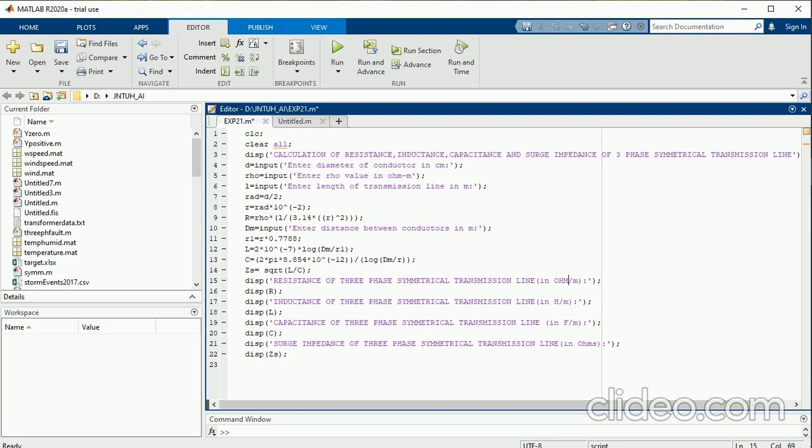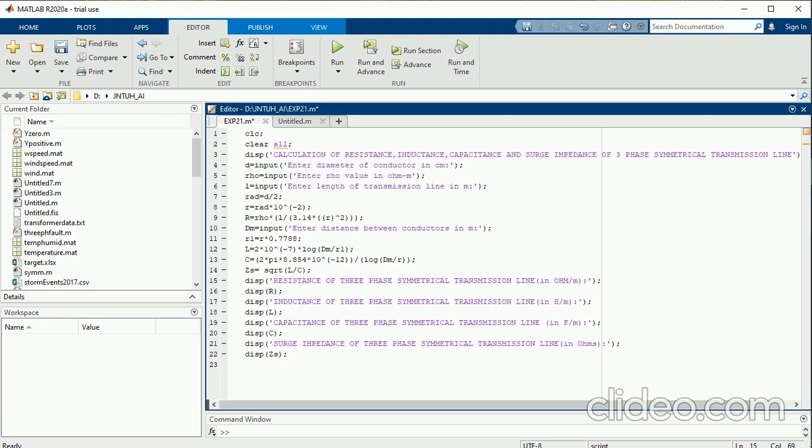So for that reason, I'm considering a display function where whichever statement I want to represent, I just mention that. Whereas in the next line, I'm just mentioning display of the variable. So in the first line, please observe here, whatever statement I want to communicate with the user, I'm communicating there. Once after communicating that statement, I am just displaying the value in that variable. For the statement, I am using the inverted commas. For the value stored in that variable, I'm not using that, I'm just simply putting the variable name.